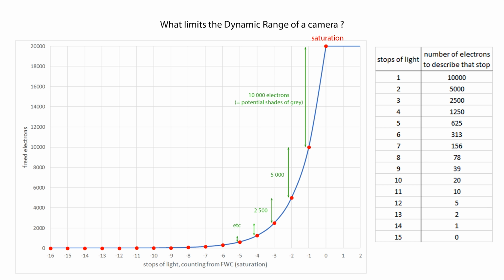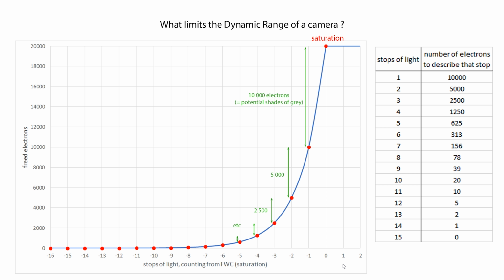If an object has a contrast of 1 stop and is exposed 8 stops away from saturation, it will then have 78 electrons variation to describe it. And if an object has a contrast of 1 stop but is 15 stops away from saturation, it will have 0 potential shades of gray, so it won't be recorded at all. So as you can see this,